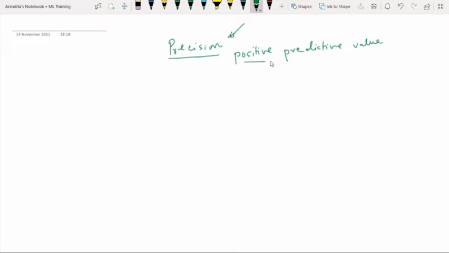So this is another name of precision. Precision is the fraction of relevant instances among the retrieved instances.